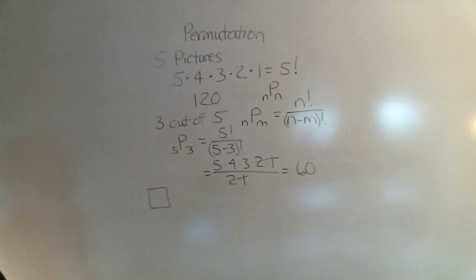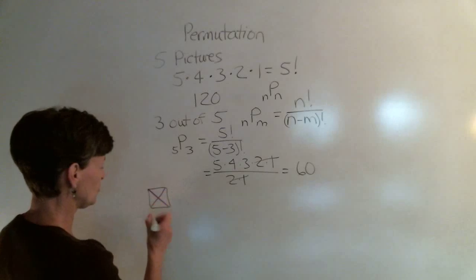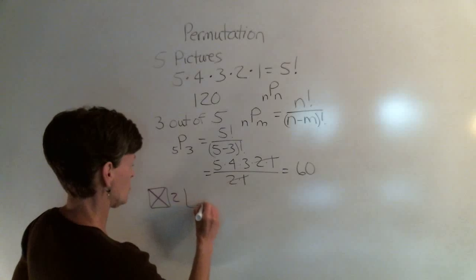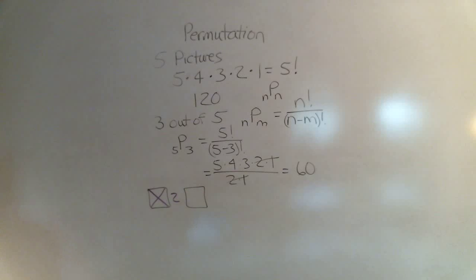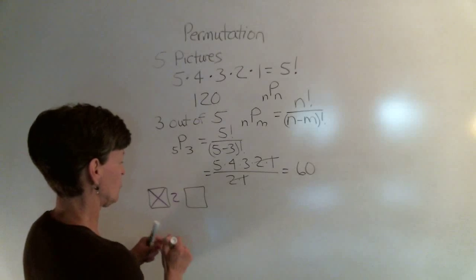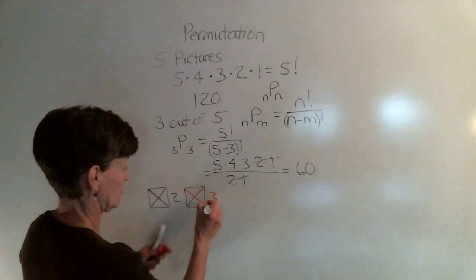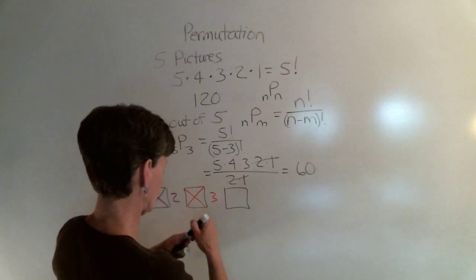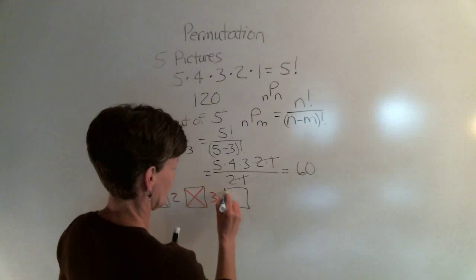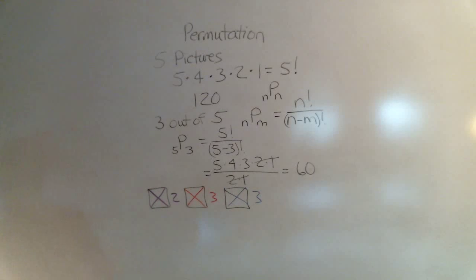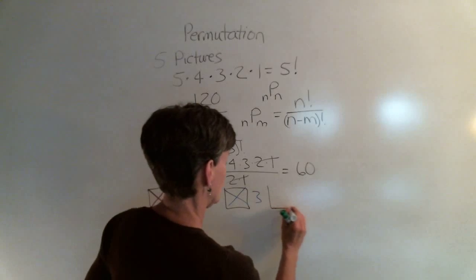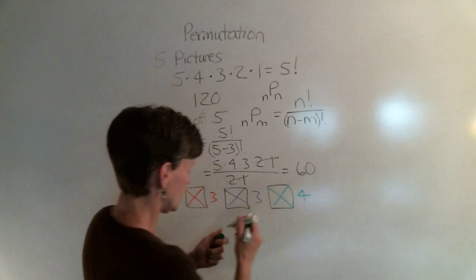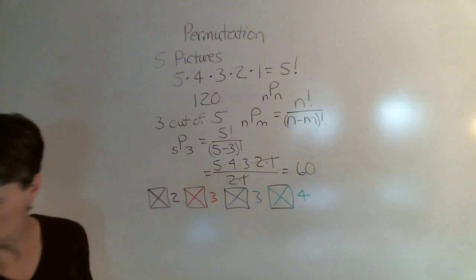Okay, we'll say that we have 2 purple squares, and we'll say that we have 3 red squares, and we'll say that we have 3 blue squares, and last we'll say that we have 4 green squares. Well, in how many different ways can we arrange